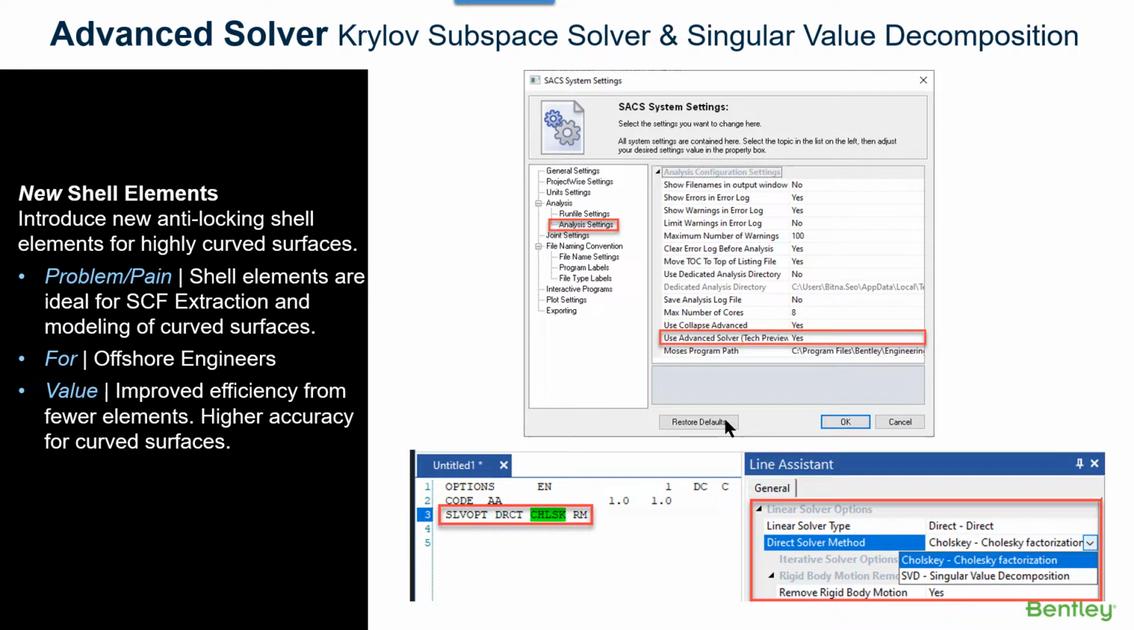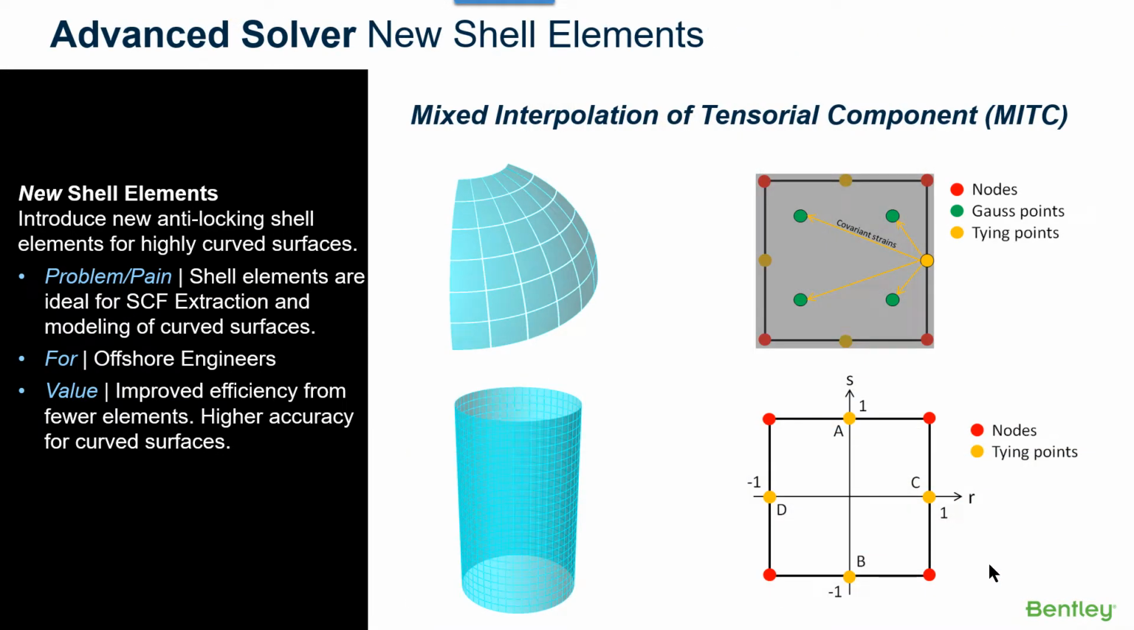To use this feature, we need to go to the SACS settings in the SACS Executive, then choose the advanced solver. The new command SLVOPT is added so that you can choose the method and parameters you want. This is the second update to the solver, and the next update is about the shell element for the finite